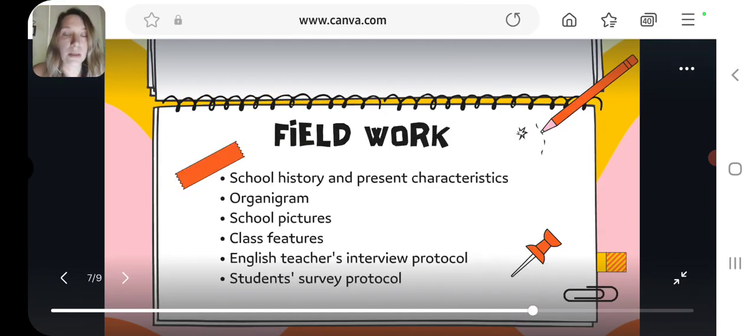The fieldwork is divided into the school history and present characteristics, which gives a detailed explanation of the activities that are being carried out there, the school's organigram, some pictures of the school from the outside and the inside, the features of the class, the English teacher's interview protocol, and the student's survey protocol. Then we have the fieldwork analysis, and finally